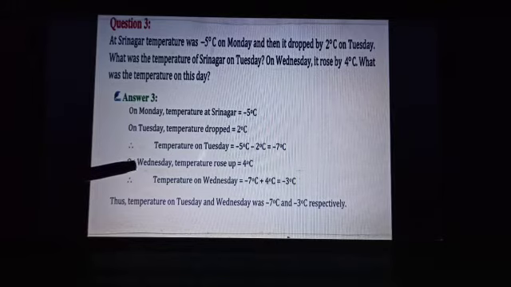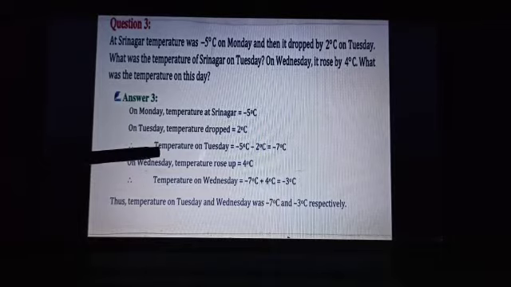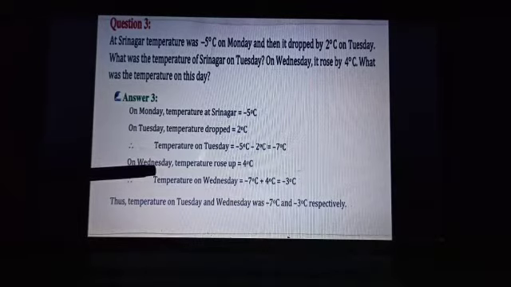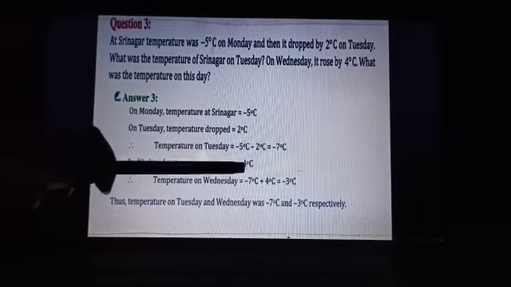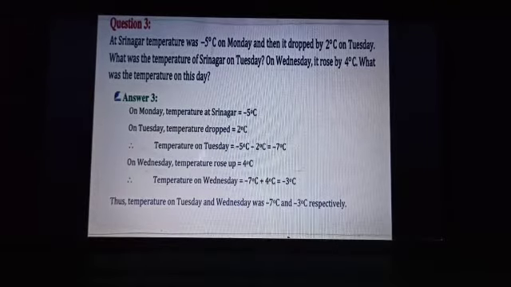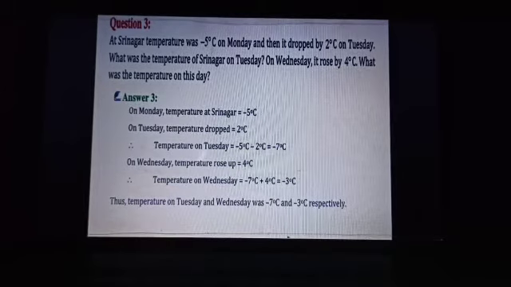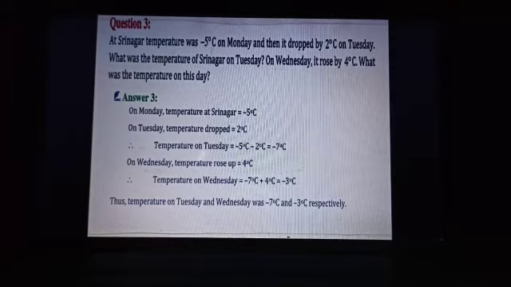Now on Wednesday, as you can see, the temperature rose by 4 degrees Celsius, and rose by means it got increased by. So the temperature on Tuesday was minus 7 and now it got increased by 4 degrees Celsius. So you have to add minus 7 and plus 4. And minus 7 plus 4 will give you minus 3, isn't it? Now here we have found the temperature on Tuesday and Wednesday was minus 7 degrees Celsius and minus 3 degrees